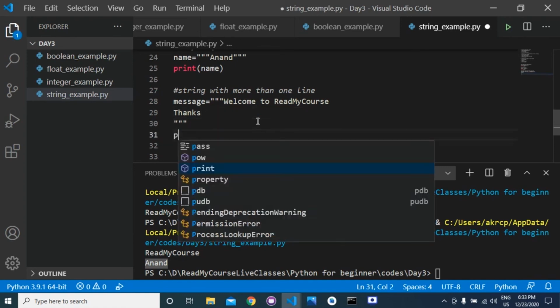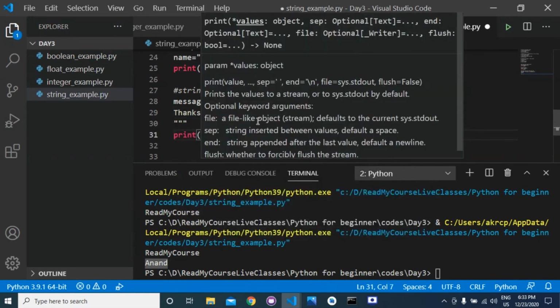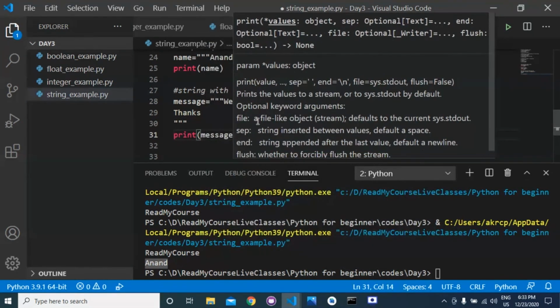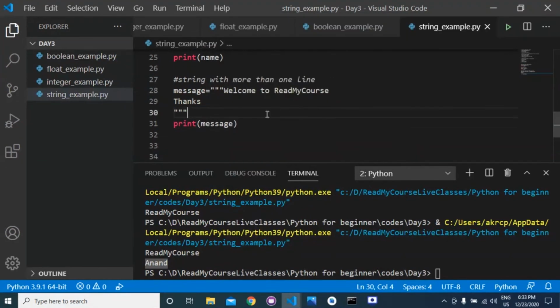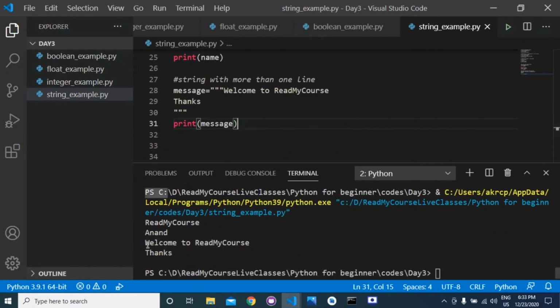If you print this, it will print welcome to read my course, and then thanks. It will print in the same format that you have written here.